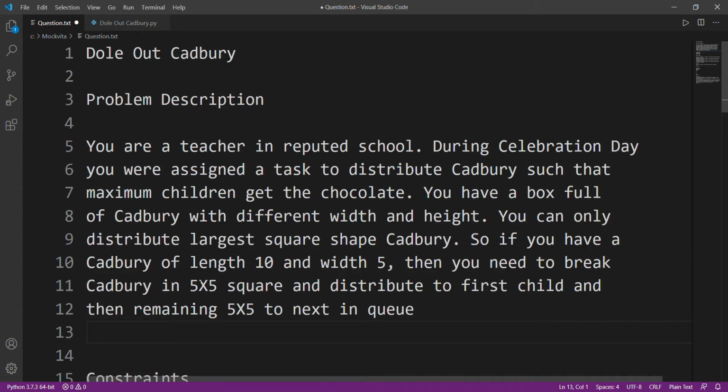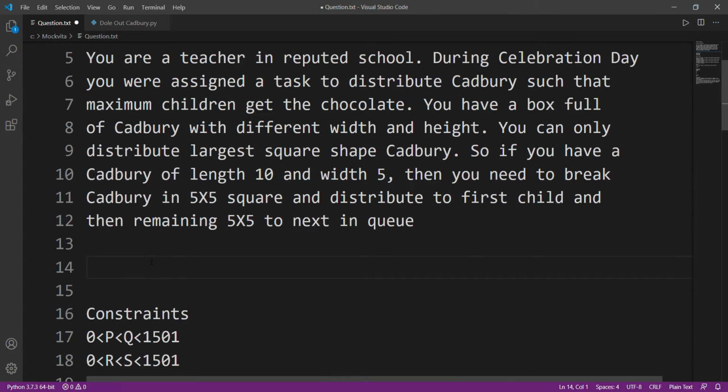Okay, for starting, let's assume that we have a chocolate bar of size 2 by 4. Now we have been told that we can only give a child a piece of chocolate in the shape of a square, and that too should be the largest square.